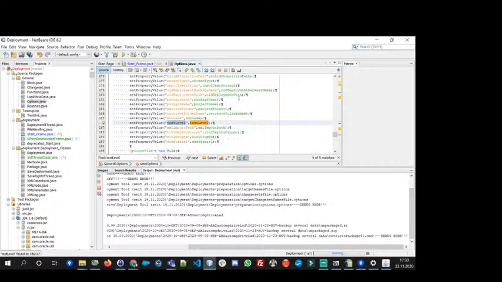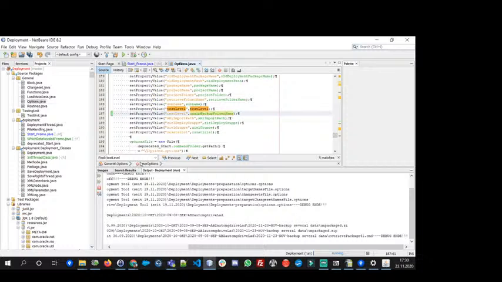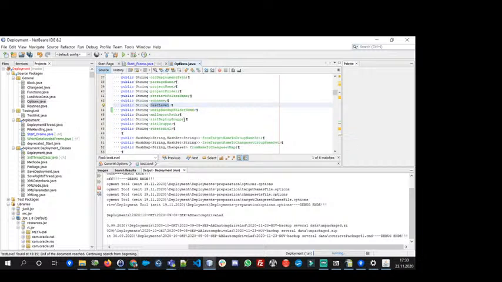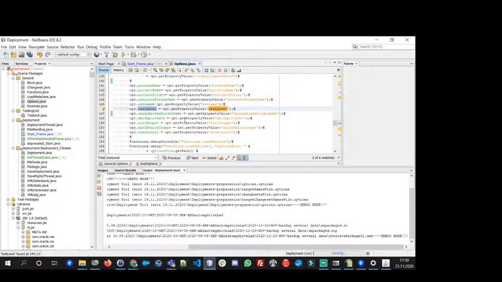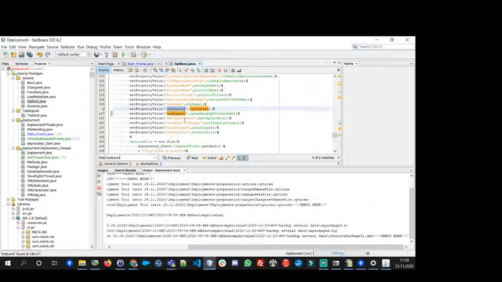We have tested this one. We just need to set a property as well. Also the test level, we are getting the test level, we are setting the test level,